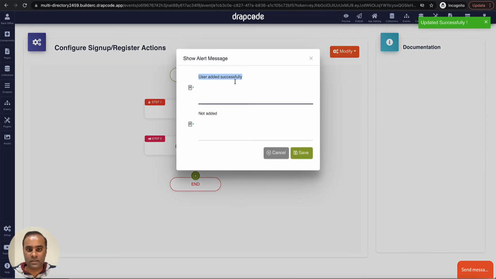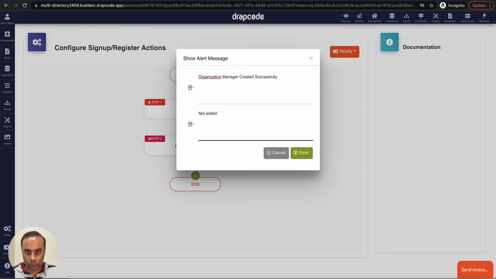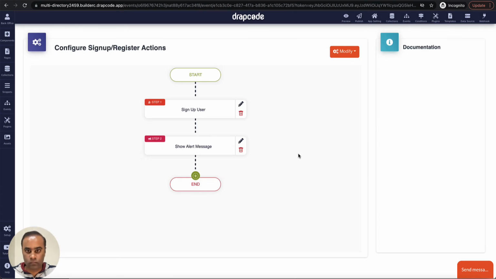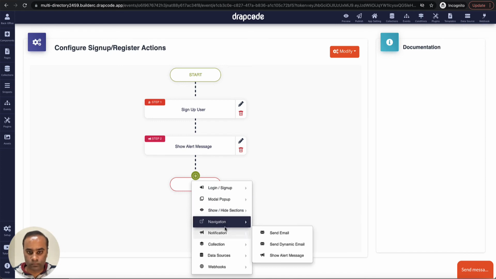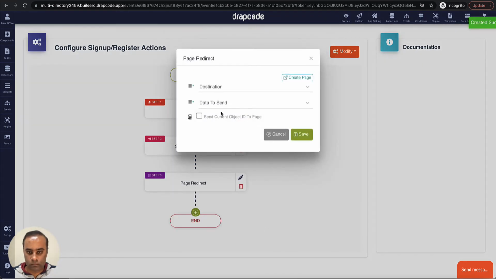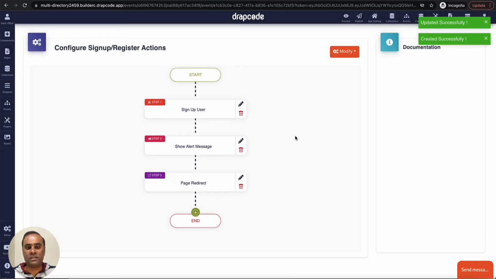Okay, let's fix this message. Okay, this is fine, and maybe redirect the user to the login page. Now this event is fixed.